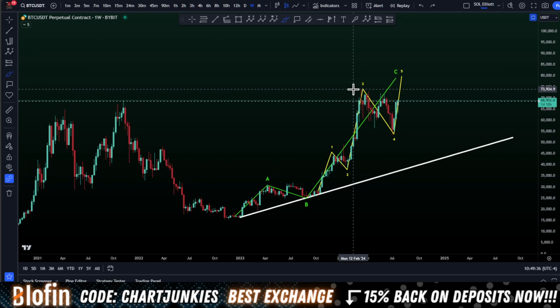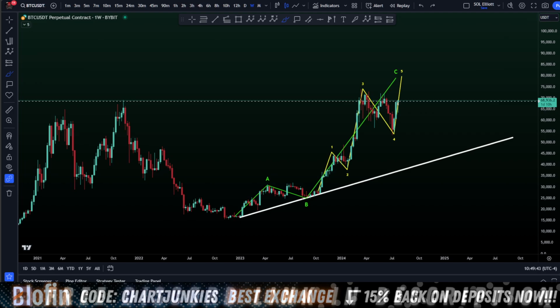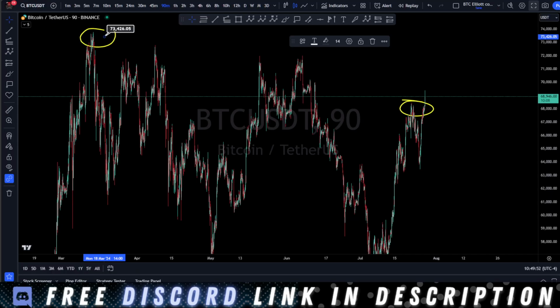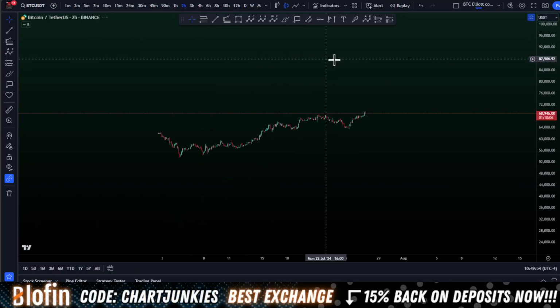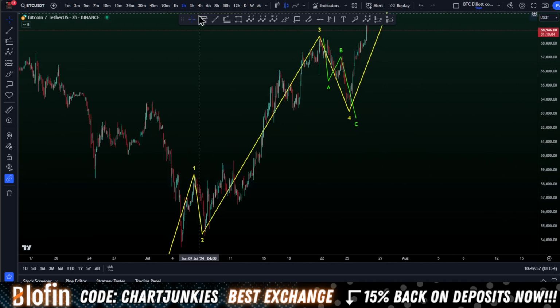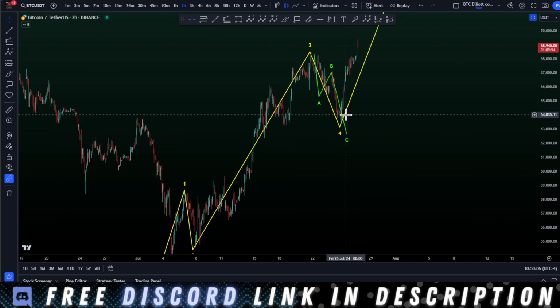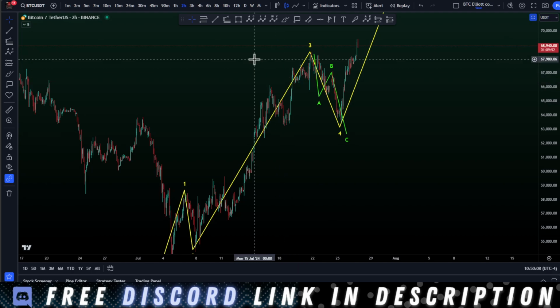Alright, so if you're new to the channel, we use Elliott wave theory to come up with high probability trades. Guys, Elliott wave is the best way to trade by far. In my last video, if you watched it, I showed you the perfect spot to long, showed you an ABC pattern coming down. We ended up getting that pattern here. I have it drawn out. We did not reach our targets right here, but we came down close enough. In the premium Discord, we closed out our trades here, thankfully, because it did turn around and start impulsing back to the upside.